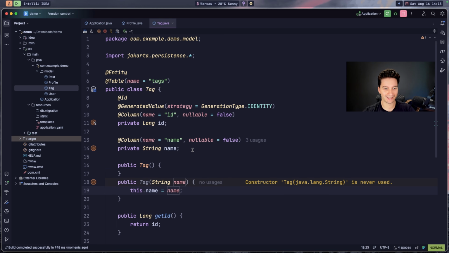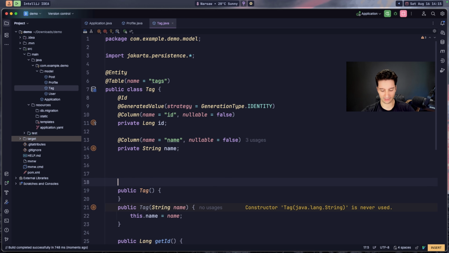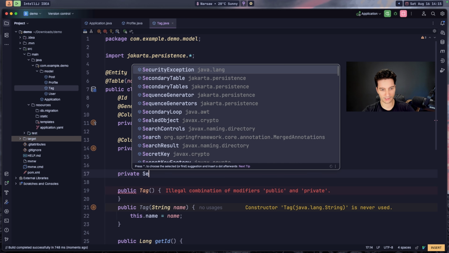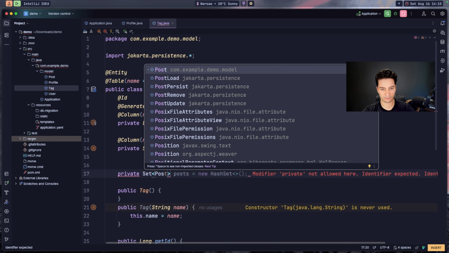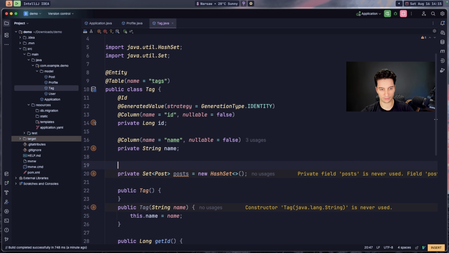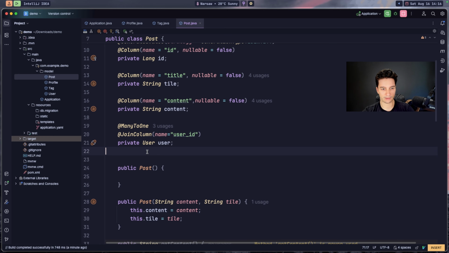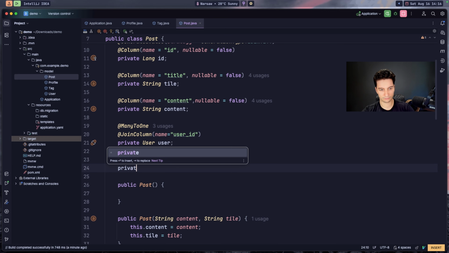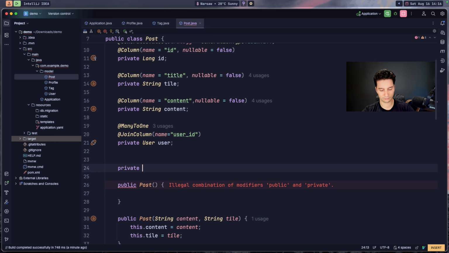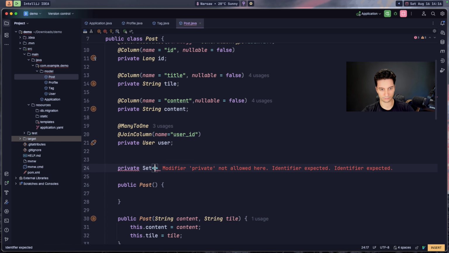So our tag will now have a private set of posts, okay, also imported. In our post, we also will have a set of tag,